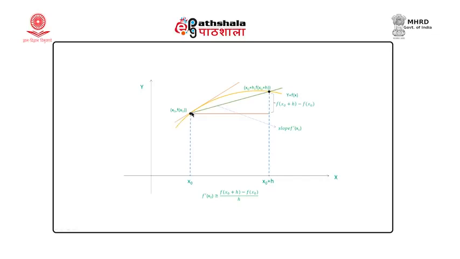So, we know that the derivative is nothing but the slope of the tangent to the curve at the point. So, at x0, if this is the tangent drawn, the slope of this straight line is the actual derivative f'(x0), and our estimate is f(x0 plus h) minus f(x0), this vertical distance, upon h. This ratio of this perpendicular is nothing but the slope of the straight line joining these 2 points, (x0, f(x0)) and (x0 plus h, f(x0 plus h)). So, as if you have fitted a straight line to these 2 points, and the slope of this line is an estimate for the derivative of the function at the point x0.